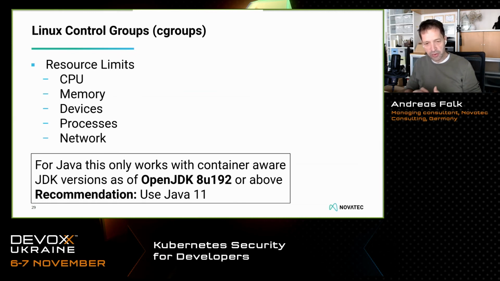So if you use an older OpenJDK like 8 update 140, for example, or even OpenJDK 7, then Java would just ignore the resource limit set and would just grab the whole resources of the host. If you look at that Java application, it would probably consume 2 gigabytes of the host memory, for example, or the whole CPU. So the recommendation is to use a recent OpenJDK version like Java 11 and just go forward.